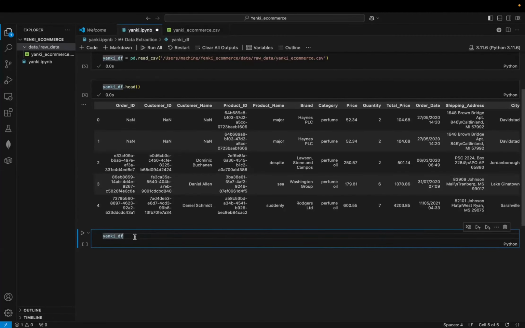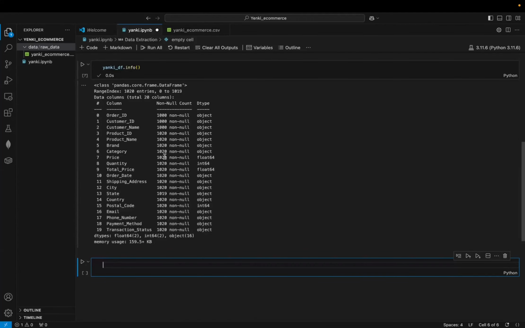So let's check some information. As these are data frames already, we are calling it. We want dot head, the first 5, so we can visually see the first 5 rows of the data table. Then we want the information, that's info. So copy that. From our info here, we can see